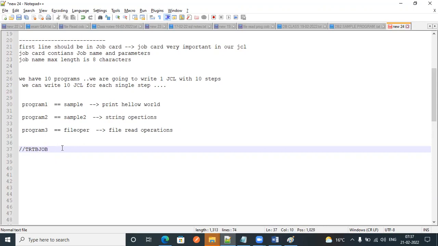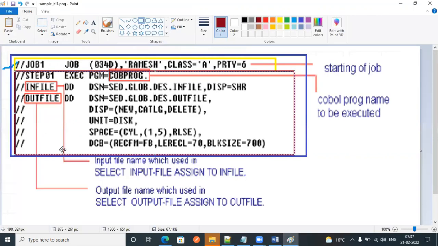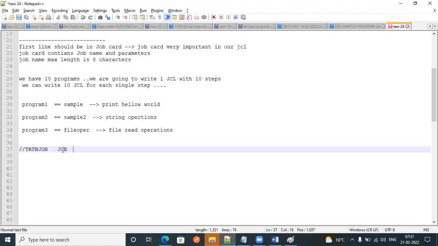I'll keep it as TRTB job. Next, some parameters were there. This is called accounting information, and you can give the company name or programmer name, whatever it is, here.